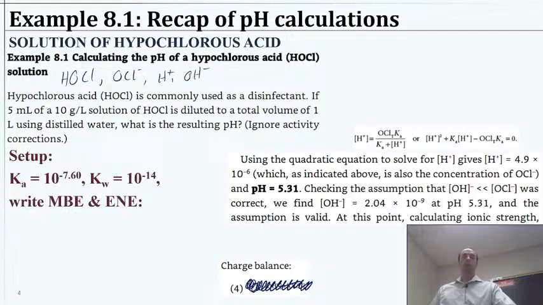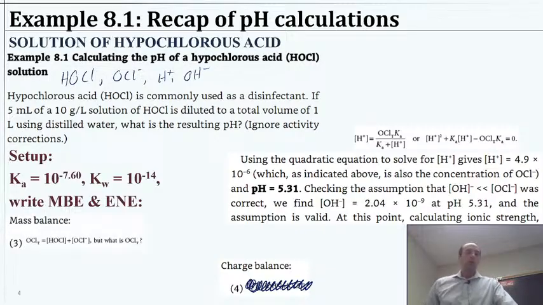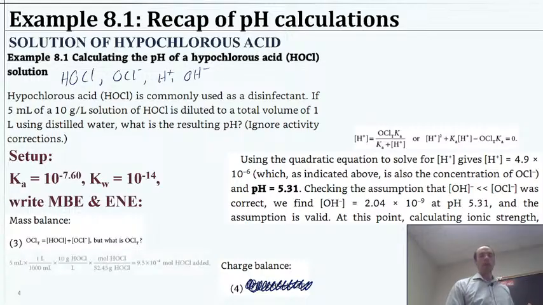Okay, good. All right, so for the mass balance, the book's saying, okay, well, we have some total amount of OCl, and that's going to be the combination of the two forms, HOCl and OCl minus. But we don't know it until we do some calculation. Right, so what is it? Well, we can do that calculation